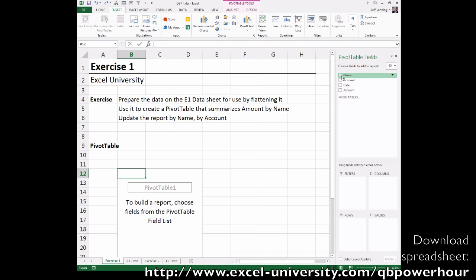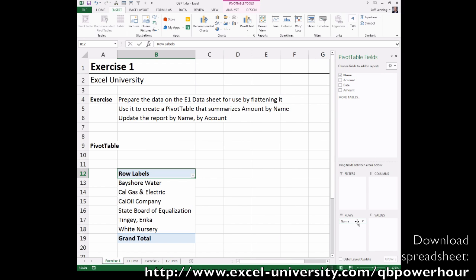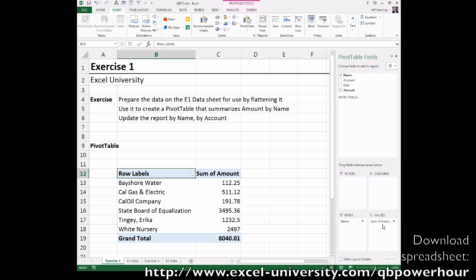I can do that by checking the checkbox, or this time let's click and drag. Click and drag and release. And we got it. And now for the amount column, I could check the checkbox, but instead I'm going to click and drag and release. And now we are viewing the data by name,